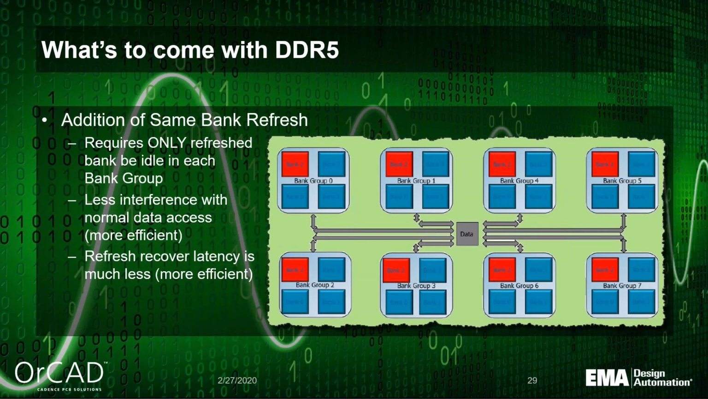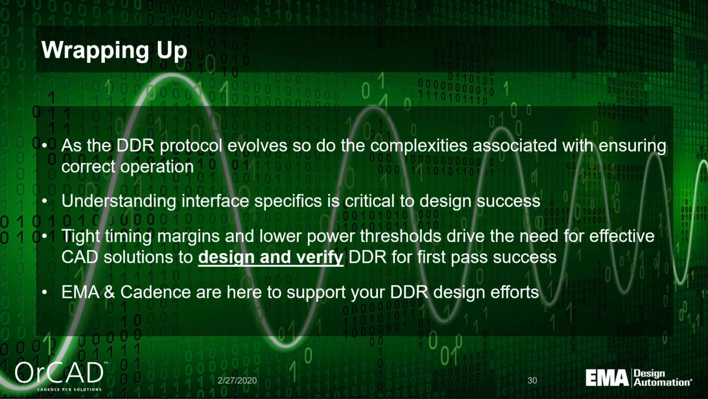So what this allows is you can refresh a bank in each bank group all simultaneously, while the other three banks in the group still have access to be able to exchange data. So it gives you a much more efficient refresh process, and the higher efficiency allows a much faster run rate for the devices. So just to wrap up, as these protocols evolve for memory technologies, so do the complexities,